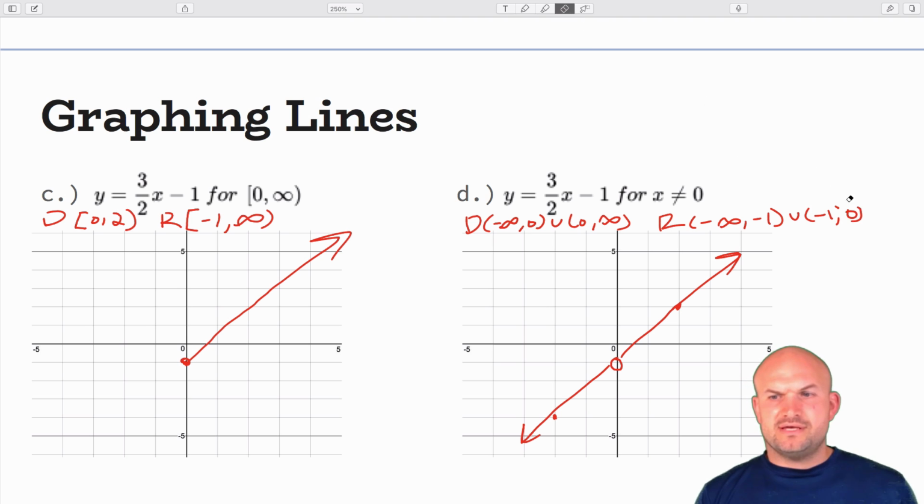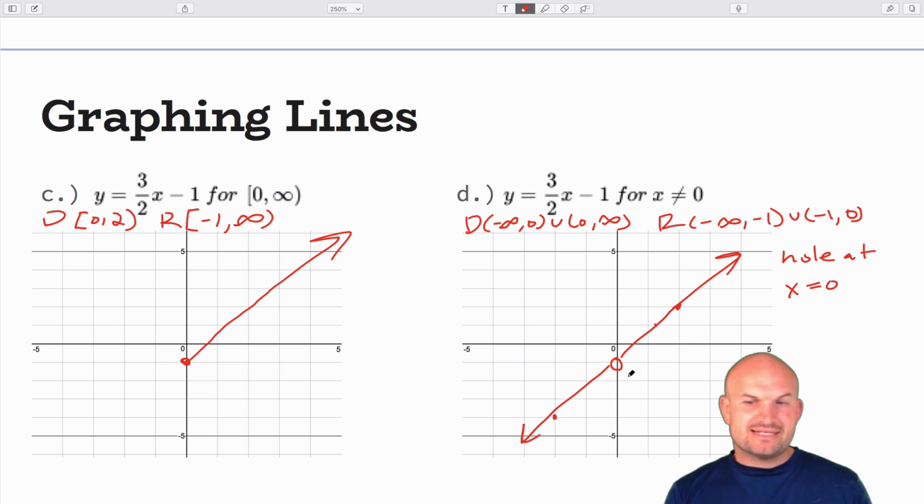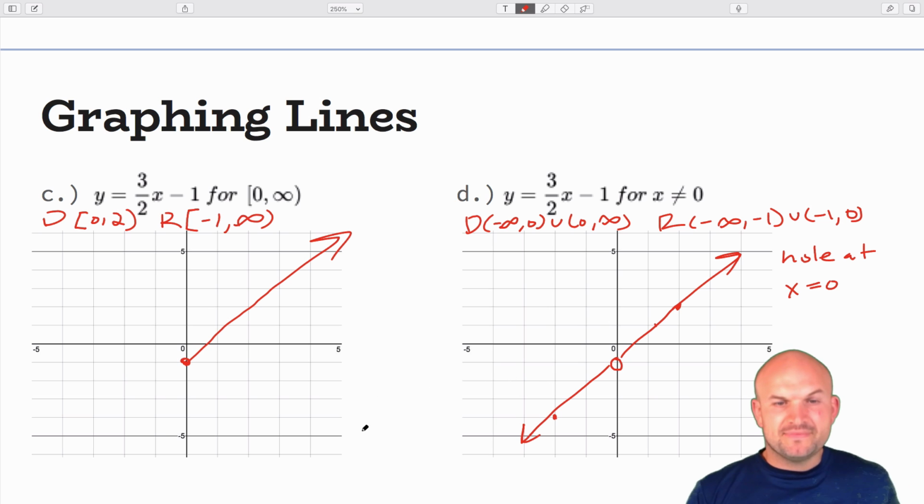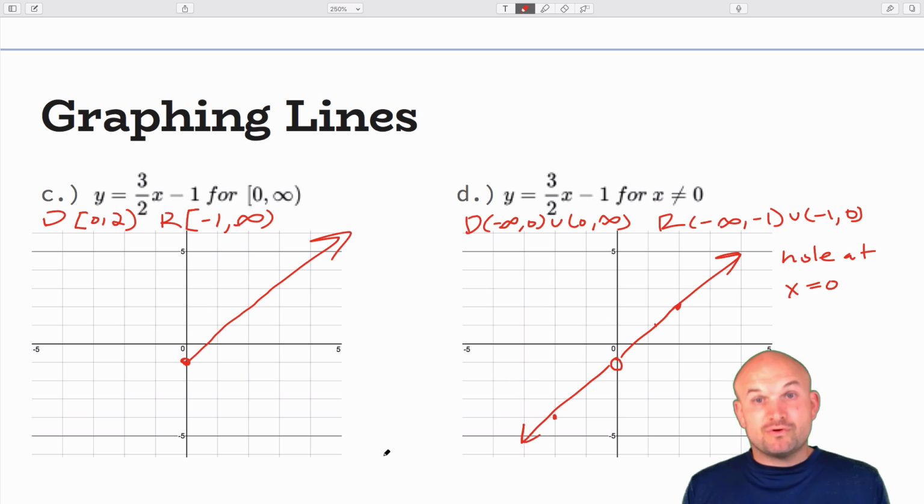Like that. So let's get rid of it. And then let's go ahead and label the discontinuity. So we're going to say a hole at x equals 0. You can see when x equals 0, the graph is undefined. All right, so the main important thing is I wanted to show you that you can graph any function and